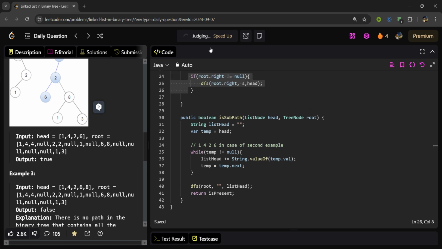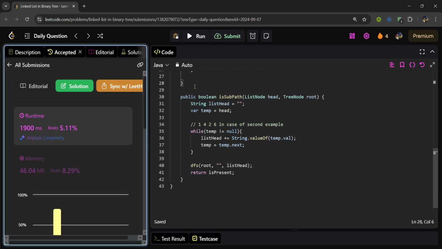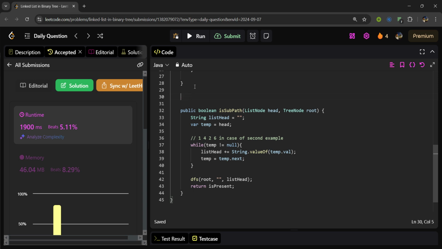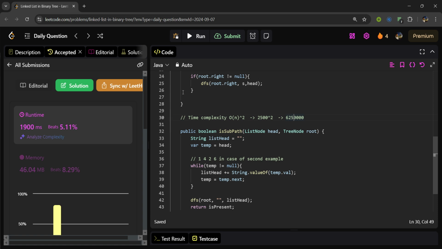I hope everything's clear. If you talk about the time complexity, then the time complexity for this solution is big O of n square. Why n square? Because we are traversing through the string from the n every time to check if it's matching or not. In the worst case, there can be 2500 nodes, so that is nothing but 625, which is again within bound. So it's within the boundaries of the time complexity, so it works. If you want further improvement, we can